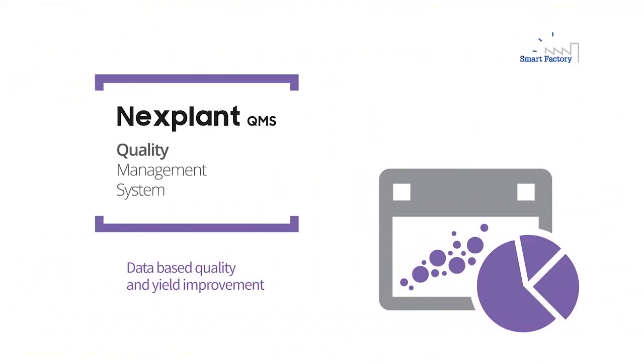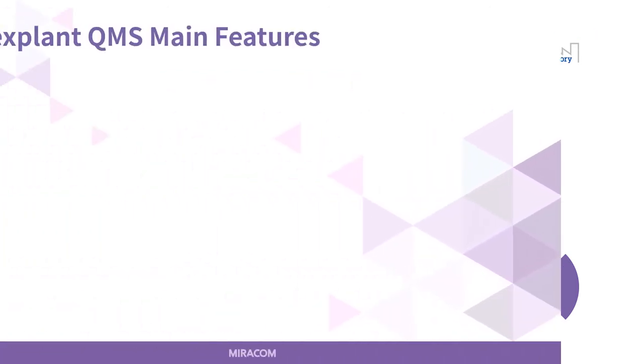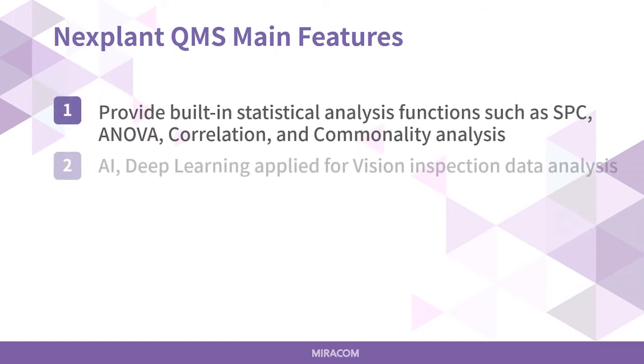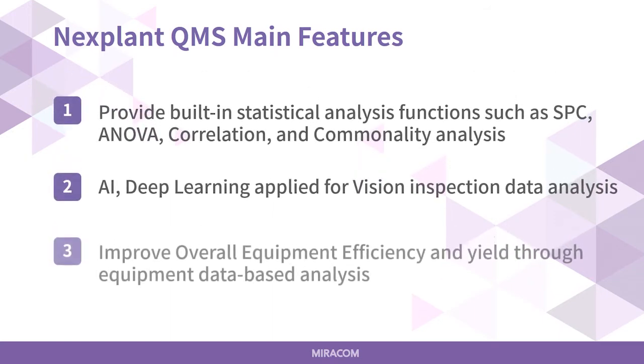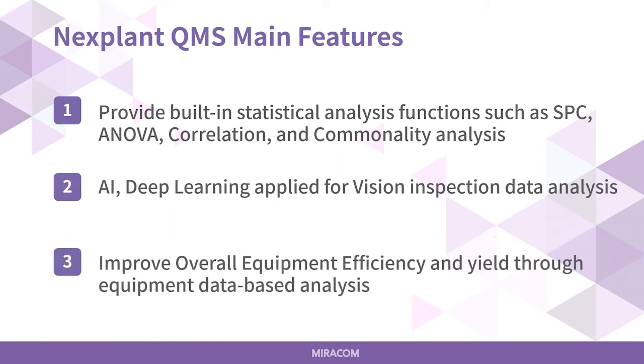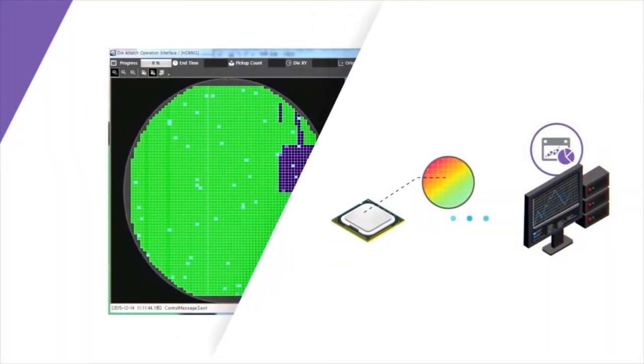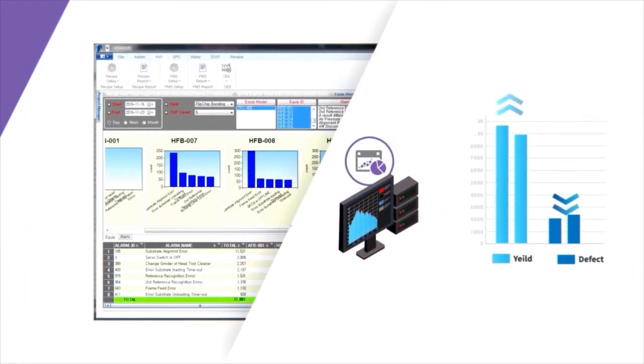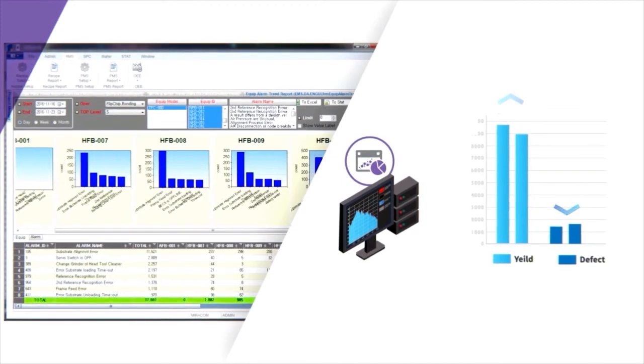NextPlant QMS is a quality management system that provides a comprehensive solution for quality control, including manufacturing yield and defect analysis. NextPlant QMS provides an overall equipment engineering system and statistical analysis functions such as built-in SPC, ANOVA, correlation, commonality analysis, and vision inspection data analysis. NextPlant QMS analyzes the quality issues occurring during the production process and provides quick feedback to increase yield and stabilize